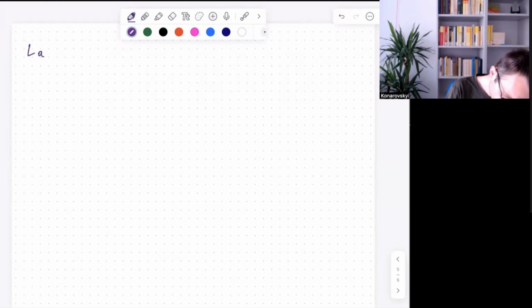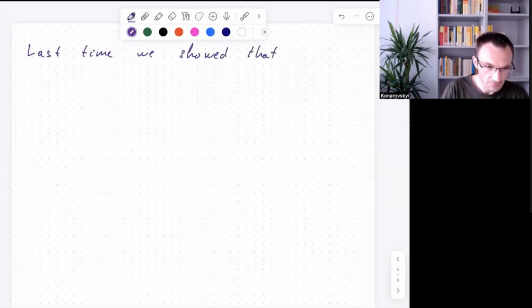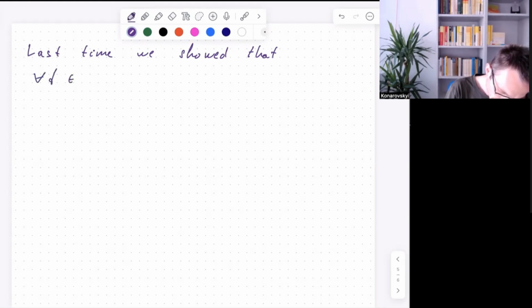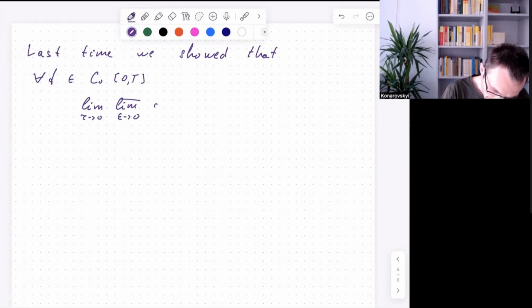Last time we showed that for every f from C0, 0T, the limit as r goes to 0, the lim sup as epsilon goes to 0, of epsilon logarithm of the probability that W epsilon belongs to the ball